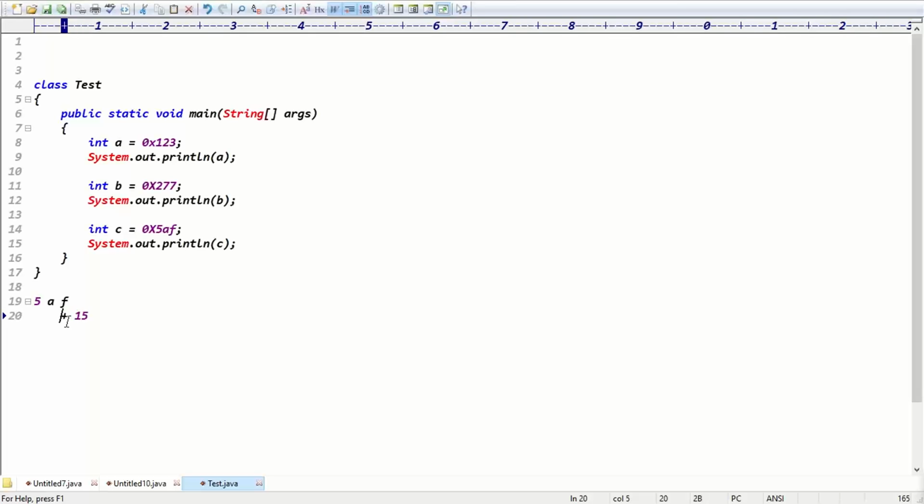Exactly. Next one is 16 power 1, which is 16. 16 times 10 is 160. The second value is 160. The third value is 16 power 2, which means 256. 256 times 5, tell me the value, guys. 1280. Yeah, then what is the complete output, guys? 1280 plus 160 plus 15.